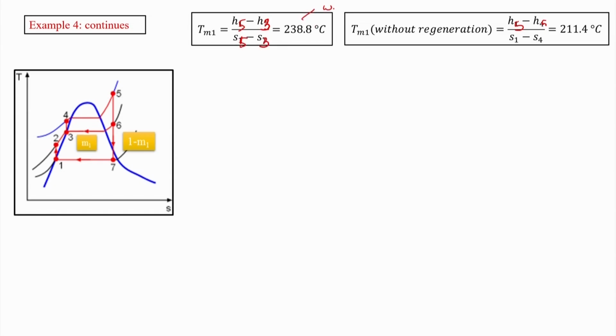This is with regeneration, and without regeneration we have (H5 minus H1) divided by (S5 minus S1). So this gives us the mean temperature of heat addition to be 238.8 with regeneration and 211.4